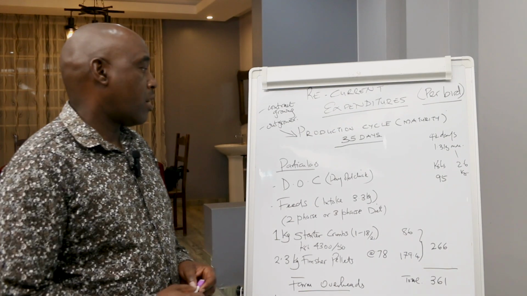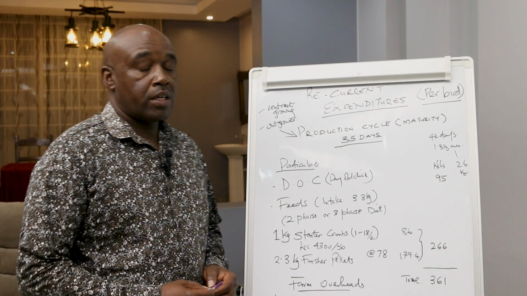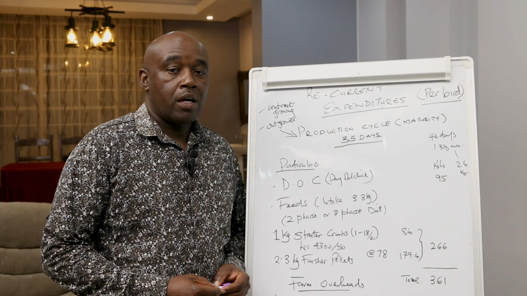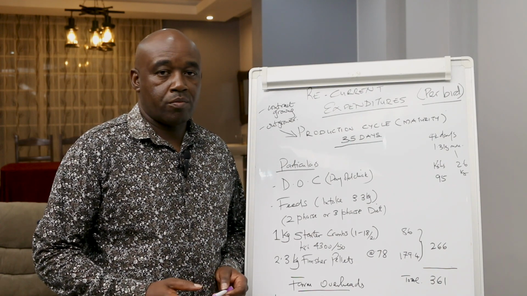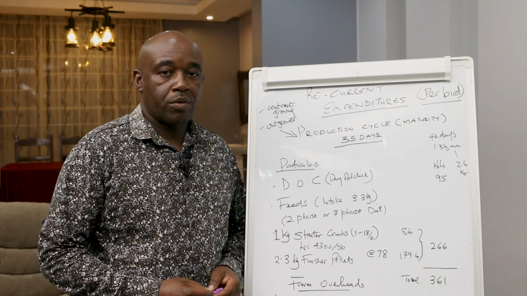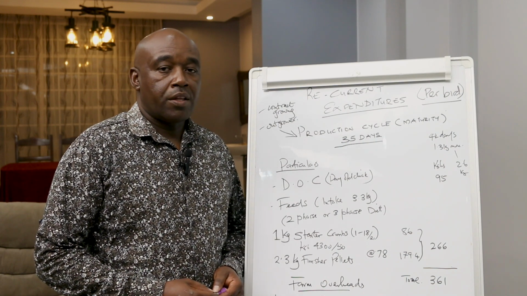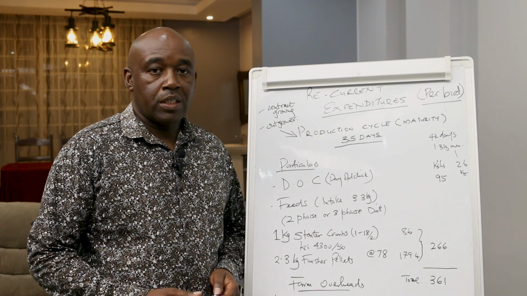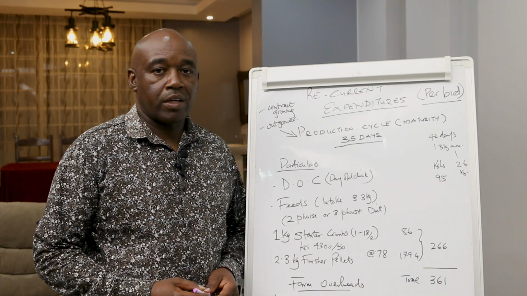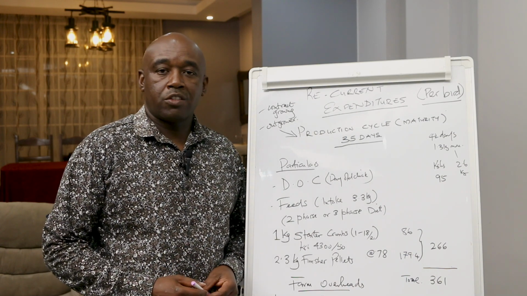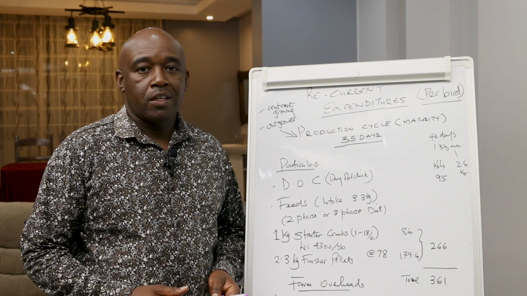Now, the other one is the outgrower. The outgrower scheme is normally where a farmer will buy day-old chicks from the market or from the agro or from his distributor, and then they will raise the birds to maturity and they will take to the market and sell at whatever prevailing price is there, or they will take straight to institutions, to hotels, or any other place